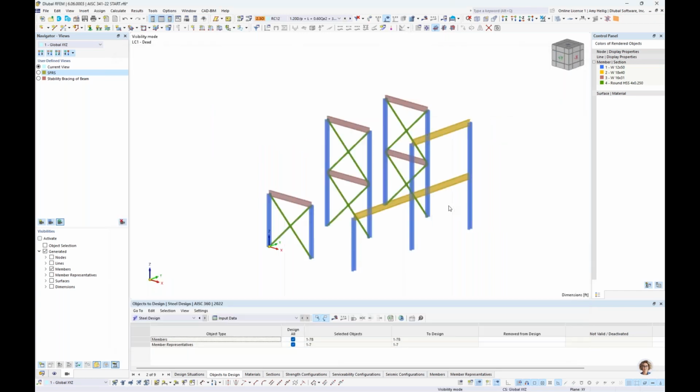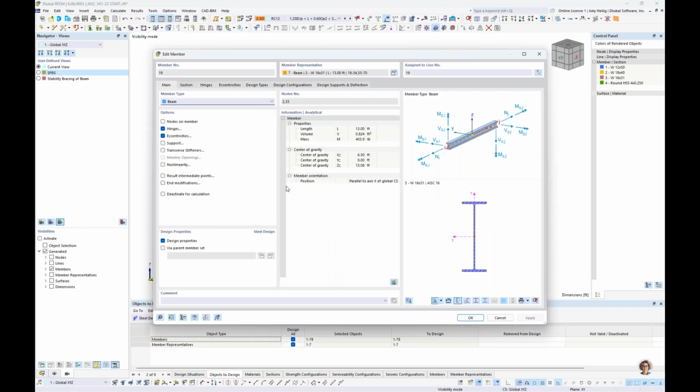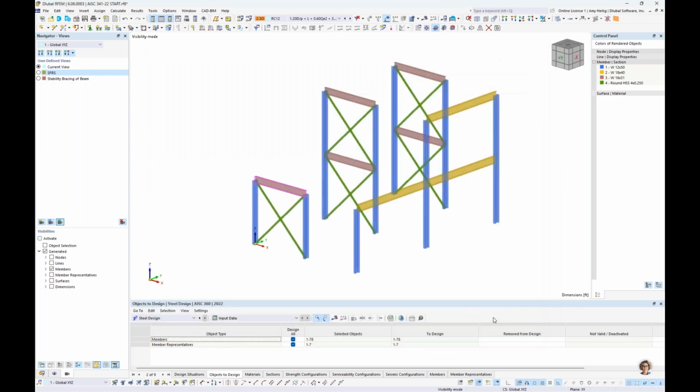Okay, so now that we have set up the result combinations, we're almost ready to run those additional design checks, but we need to input the seismic configurations for each member. So if you remember in the first part of the webinar, we talked about the design configurations tab here, and we just kind of skipped over seismic configurations for now. Well, we can certainly set this for each individual member, but it's maybe a little bit more